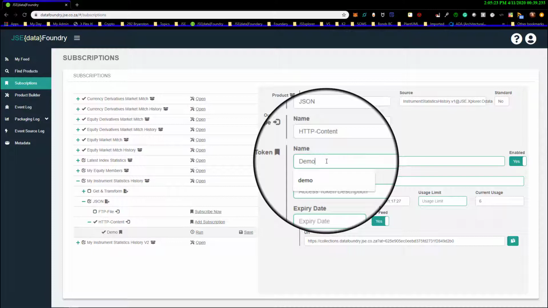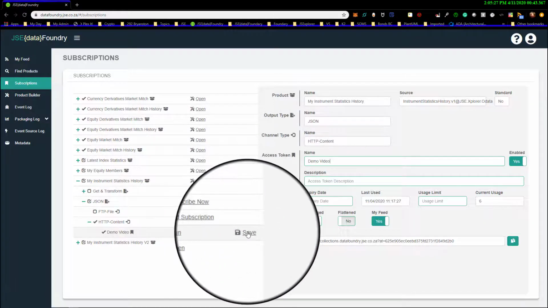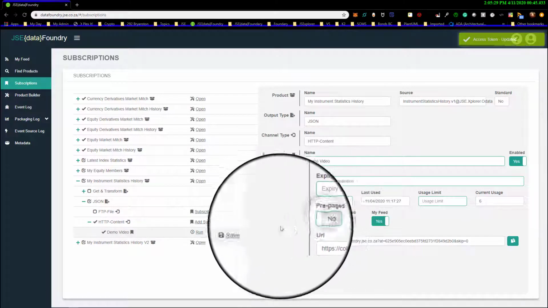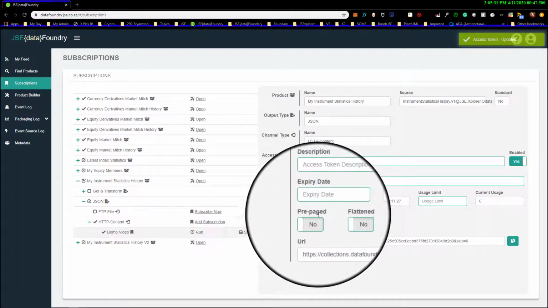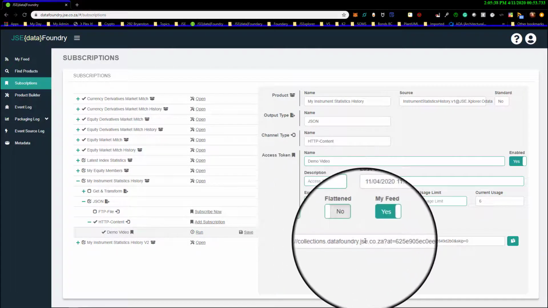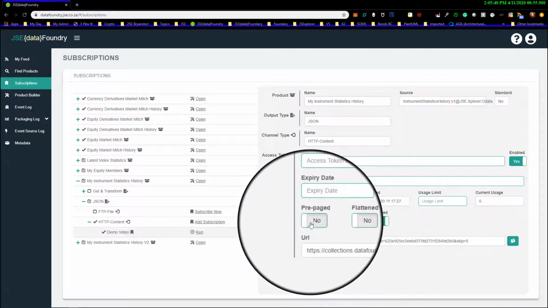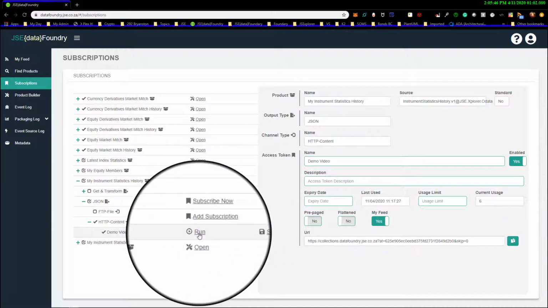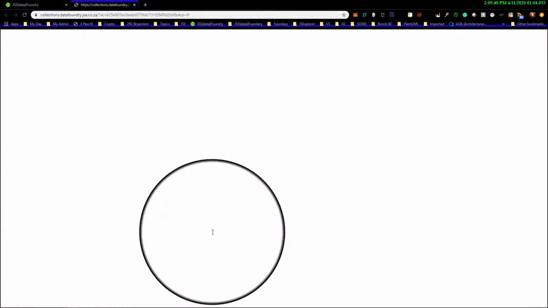I'm just going to rename it as demo for video, just to make it explicit what I'm actually working on. So as I've saved it right now, you will notice this option around pre-paging. All of these other options I've discussed in Introduction to Subscriptions, but pre-paging requires a little bit of special explanation. So let's start by running this product, and I want you to